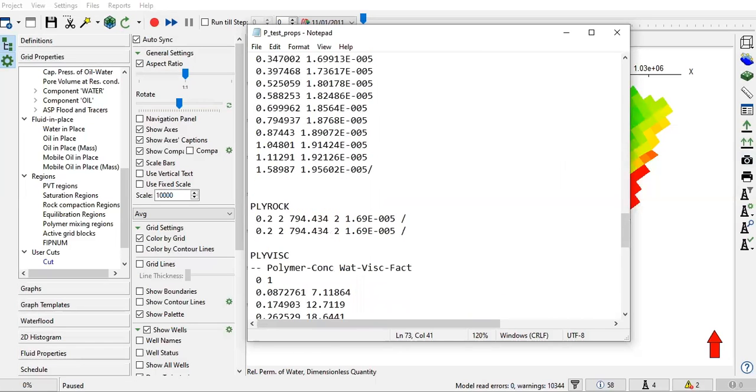And then you have also there a new keyword for us, PLYROCK. This keyword actually specifies rock properties for polymer flood. Okay, and you will get this kind of information, of course, by laboratory. So the first column will be dead pore space. And then number 2 here must be residual resistance factor for this rock. And then this will be mass density of the rock,